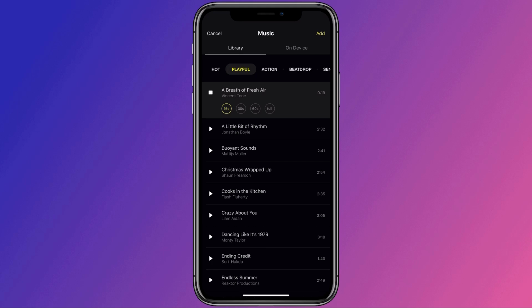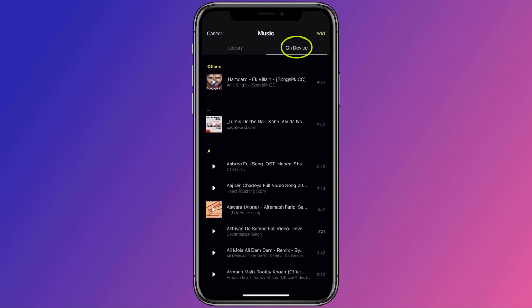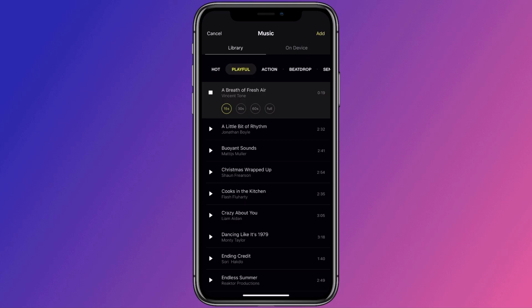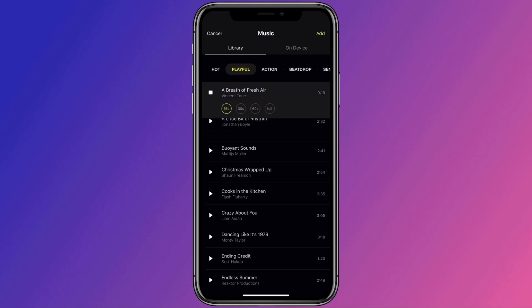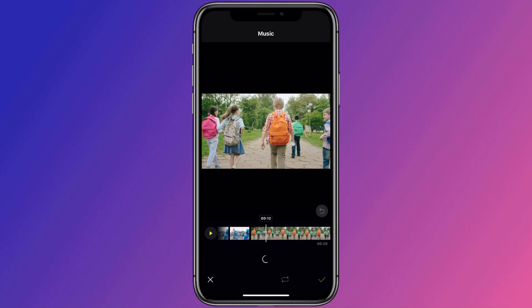You will not have any copyright issues using these tracks. Now if you already have music on your device, let's say you get tracks from the YouTube audio library, you can choose those tracks by tapping on your device and then pulling them in that way. But for this video, we are going to go through the library inside of Prism Live Studio. You see they have multiple music sections. Select the music that you want to add, then hit add, and it will add the music to the timeline.